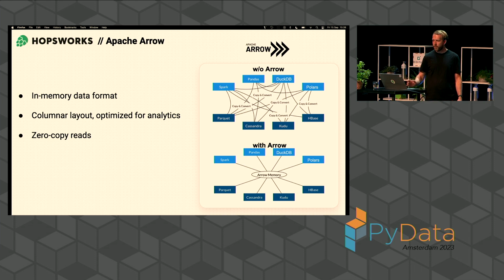Another feature of Arrow is that you can do zero-copy reads. That means that instead of loading the data from pandas into a file and then reading it back with DuckDB, you can just write a query in DuckDB that reads pandas data directly